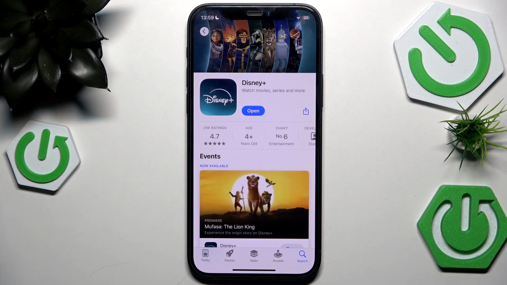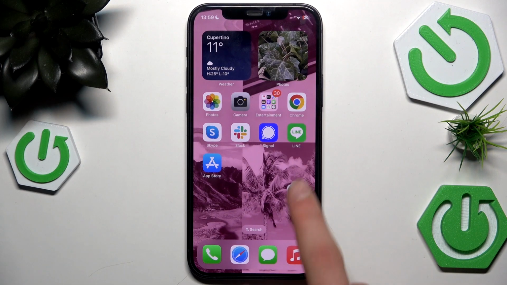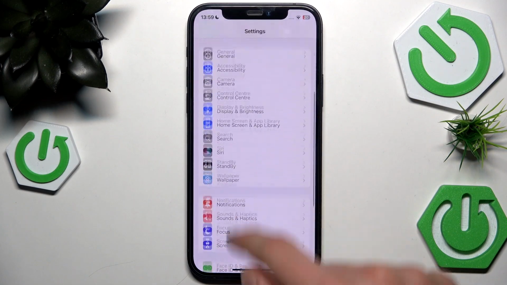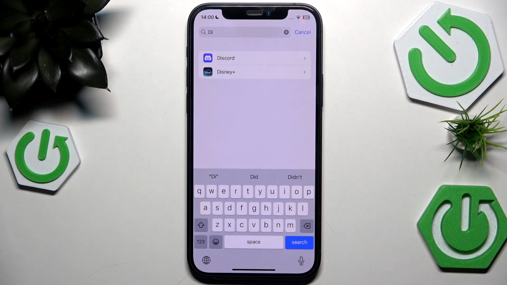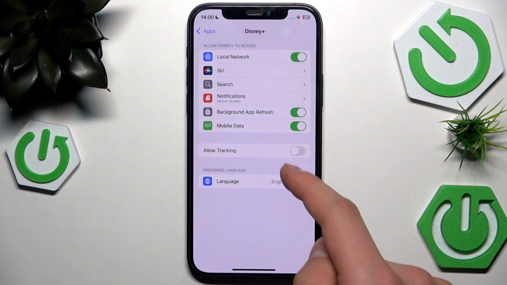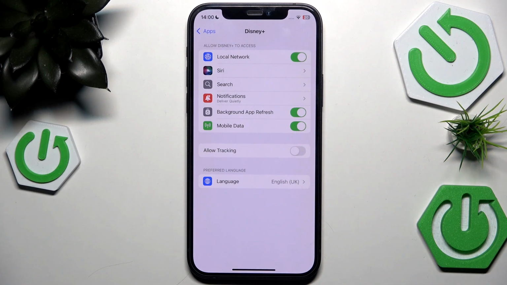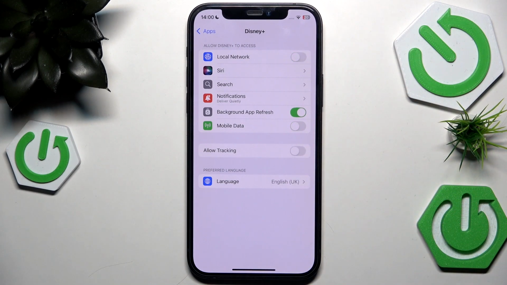But if you have the updated app and you get open, and you still get the issue, maybe just go to the settings, go to the apps, go to Disney, and here maybe you just don't have tracking enabled, or you have turned off the local network. So if you are on the normal Wi-Fi,